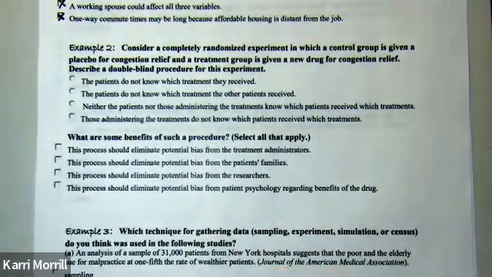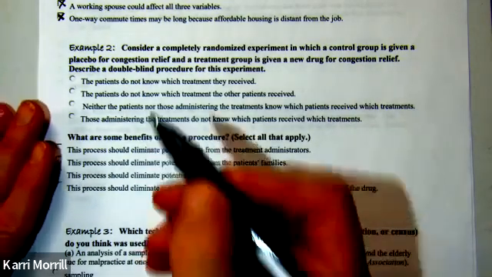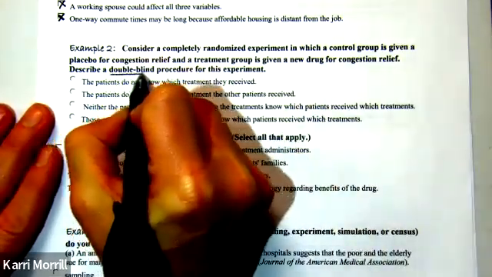All right, example 2. Consider a completely randomized experiment in which a control group is given a placebo for congestion relief, and a treatment group is given a new drug for congestion relief. Describe a double-blind procedure for this experiment. So first you need to know what a double-blind procedure